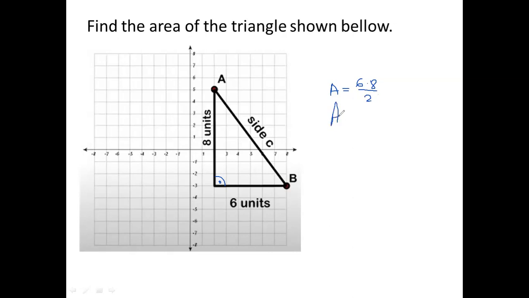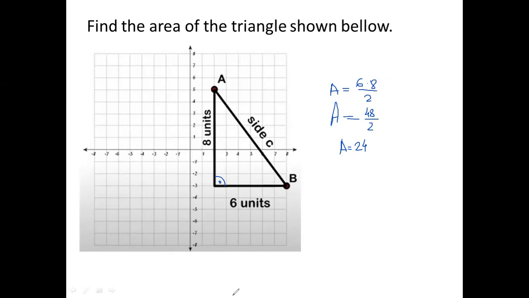And we will have that the area equals 6 times 8 is 48, divided by 2, that equals 24. We just use the formula that the area is half of the side times the height. Okay,